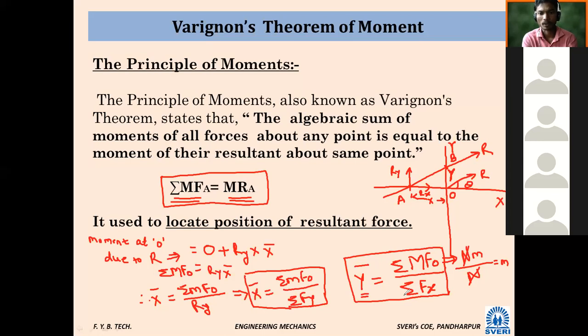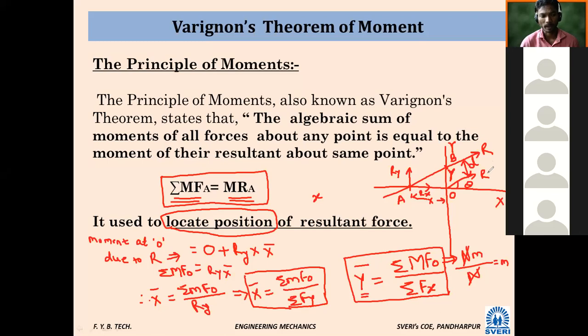If at all you are not understanding the diagram, this derivation, how it comes, for that I have shown. When it is asked in the exam, locate the position of the resultant, this word. Locate the position of the resultant. This x bar, y bar and d or x we can say. This parallel line distance is called d or x. D for distance. So these three things you have to find whenever it is asked.